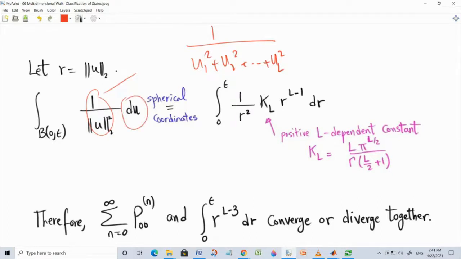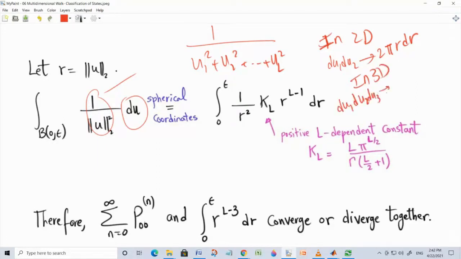So du can be written as a positive constant multiplied by r to the L minus 1 dr. For example, in 2D, du1 du2 will be r dr d phi, but you can integrate with respect to phi and get a 2 pi. So you will get some constant, 2 pi r dr. So in 3D,